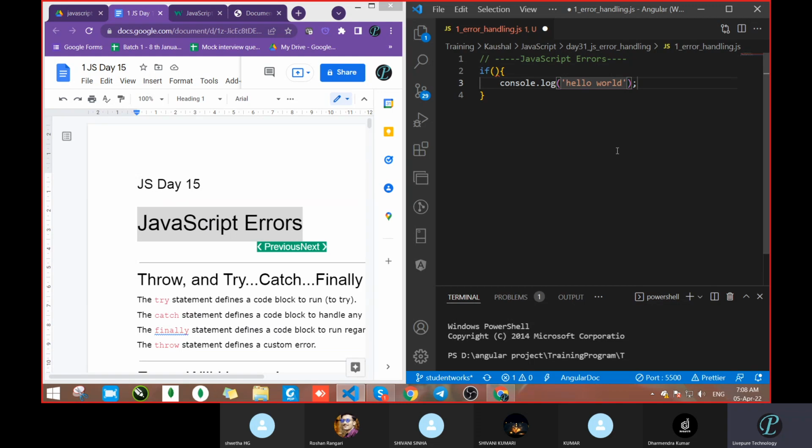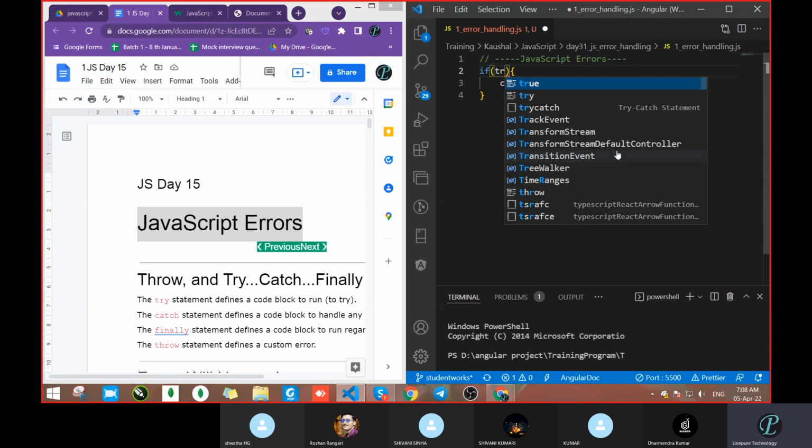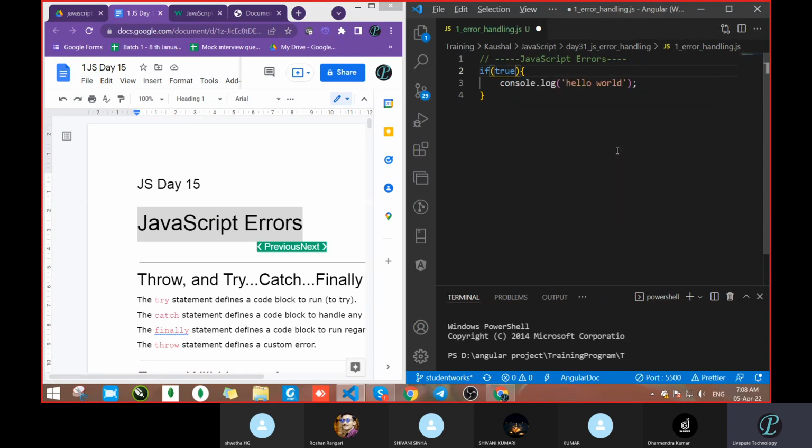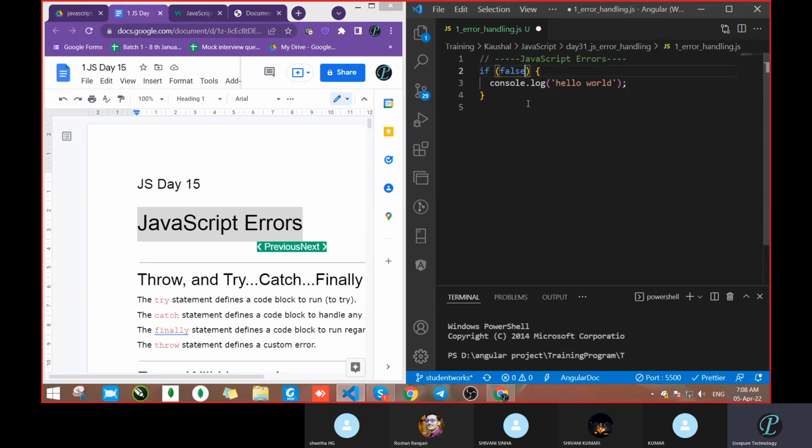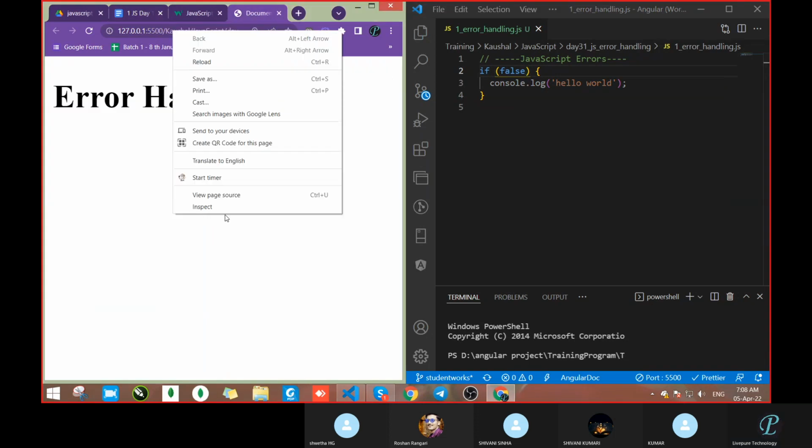Suppose this condition is true, then this will get printed. I am making that true, so this will get printed. But if this condition is false, what will happen? It will go outside. What will it print? Will any output come in this case?